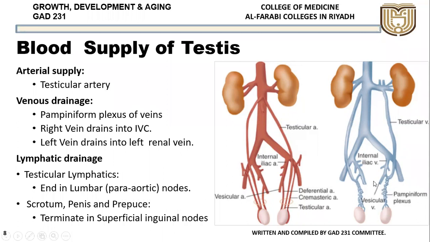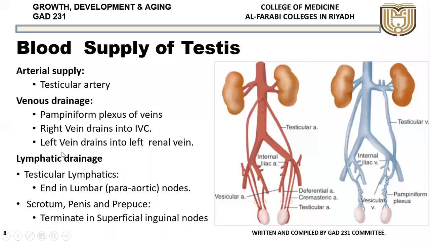This is clinically very important because this vein drains at a right angle. So this side is more prone to backflow of blood, and that leads to a condition called varicose vein. The condition is called varicocele, and it is more common on the left side because of this drainage. Okay, so it is peculiar. On the right and left side there is a difference. The right testicular vein drains into the inferior vena cava, but the left testicular vein drains into the left renal vein.